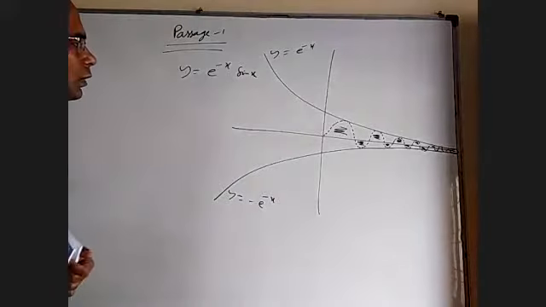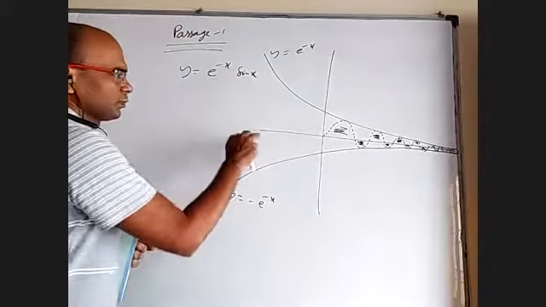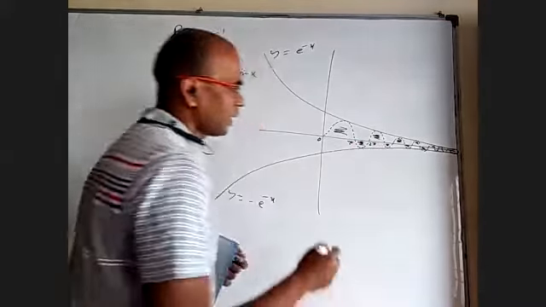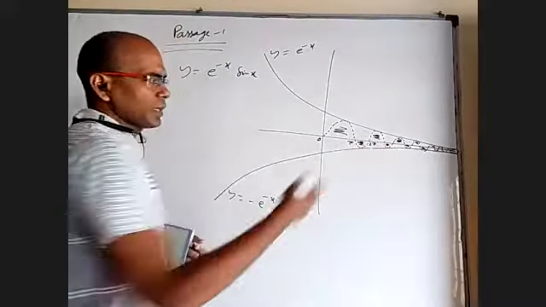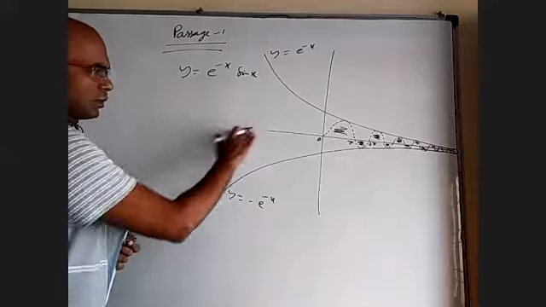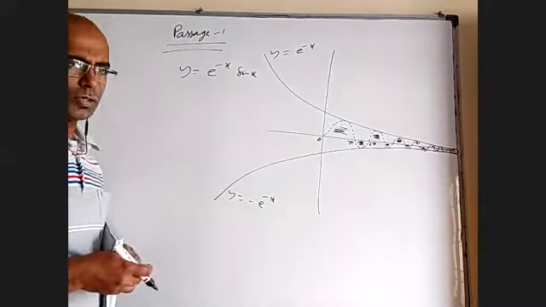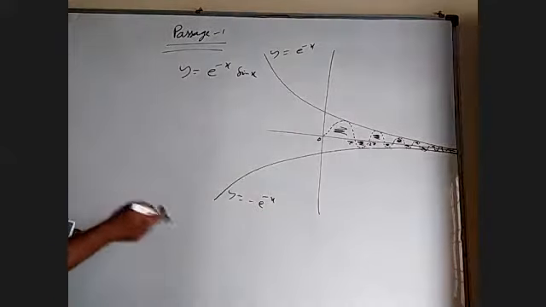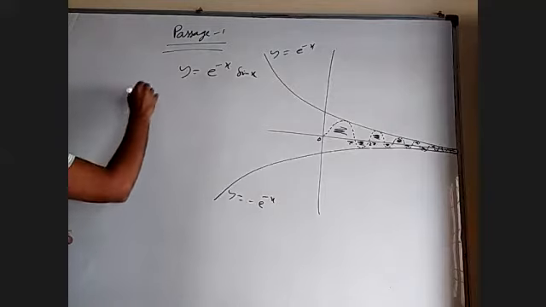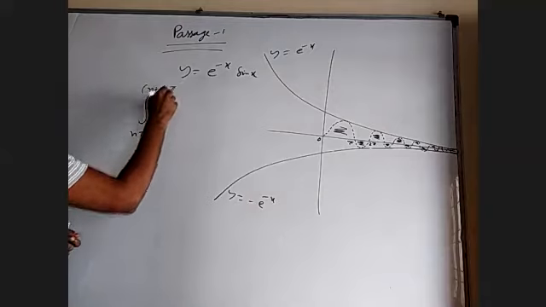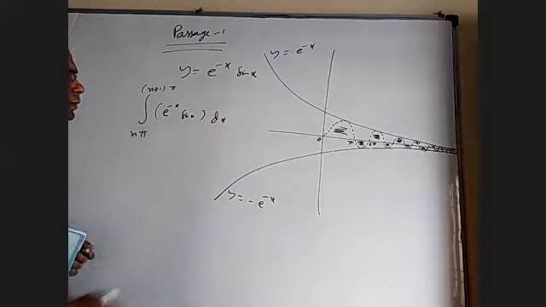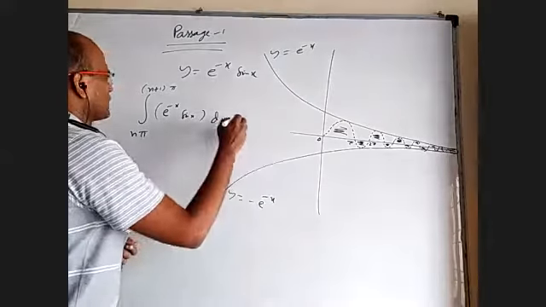Okay. So I'm going to take this is 0, this is pi, this is 2 pi. I'm going to take 2n pi to 2n plus 1 pi. I can take n pi to n plus 1 pi, but there's a problem where I have to know whether n is even or odd. Okay. Maybe we'll do even that. So I'm going to take integral n pi to n plus 1 pi e power minus x sin x dx. I can even take n is even.